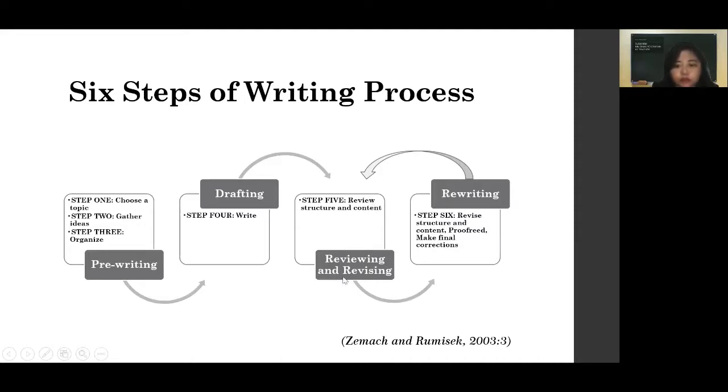After reviewing and revising, you can go to rewriting and then go back and do it several times. It is a cycle, and if you have time to do it again and again, it will never stop, because sometimes we want to make the perfect one, and it takes a long process or many steps to make good writing.